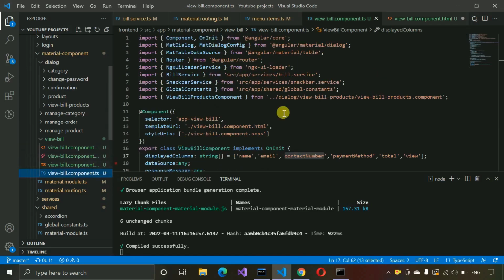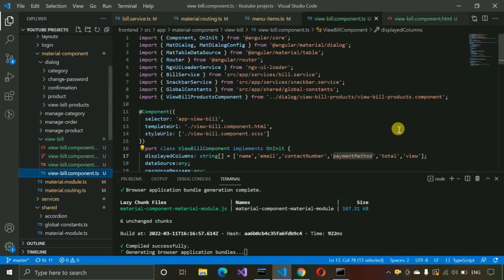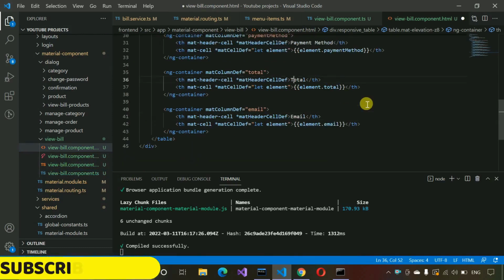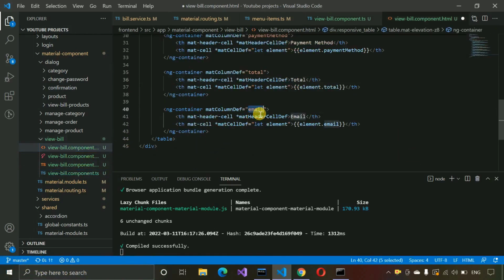And then we need to change contact number to payment method. So let me change this to payment method, and here also. After that, P should be capital, Payment Method, and the next will be total. So this will be total, and here we need to write total. And after that, at last we have view. So let me copy the view also, and here we need to paste the view. We do not want to display any data over here, so I am going to delete this line. And here we need to write Action,